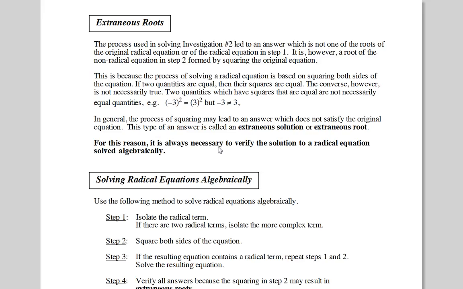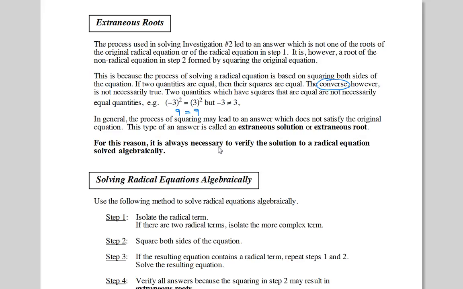This is because the process of solving a radical equation is based on squaring both sides of the equation. If two quantities are equal, then their squares are equal. The converse, which is the backwards of that, is not necessarily true. Two quantities which have squares that are equal will not necessarily have equal quantities. You can see that negative 3 squared is 9 and 3 squared is 9. So their squares are equal, but originally